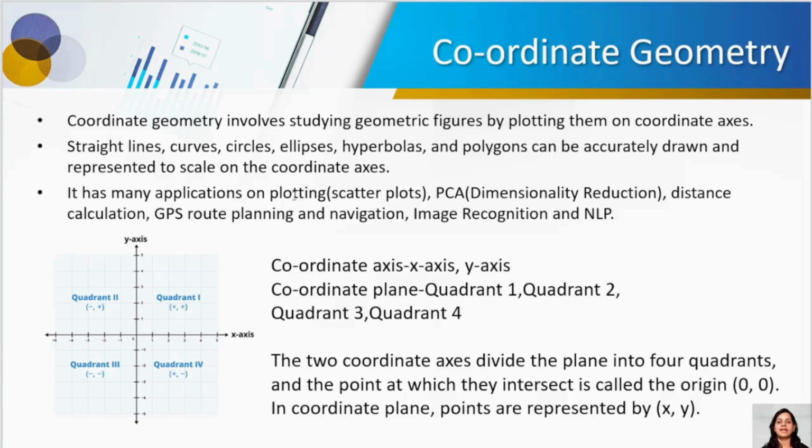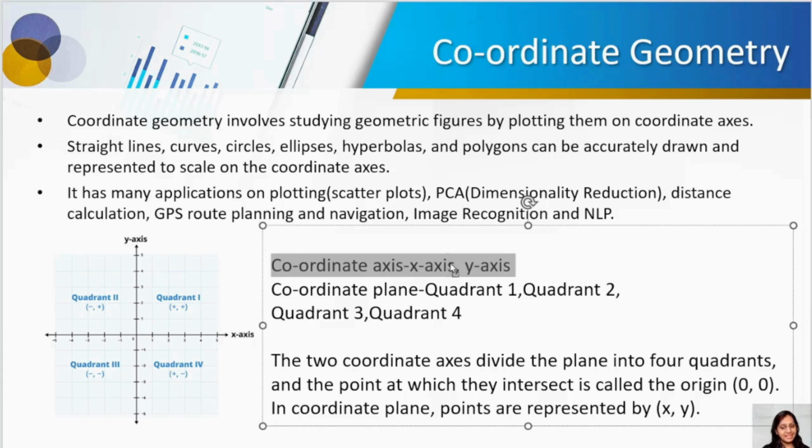I'll draw different diagrams, charts and everything to show you that. And there are even these kinds of axes. When we start the plotting part, we have matplotlib. There you will see the graphs which are getting generated. All those are your coordinate axes, x-axis, y-axis. We are doing scatter plots, bar charts, line charts, right? So again, here the coordinate axis is the x-axis and y-axis. It's a plane, right?